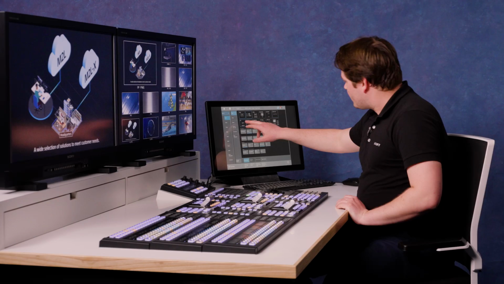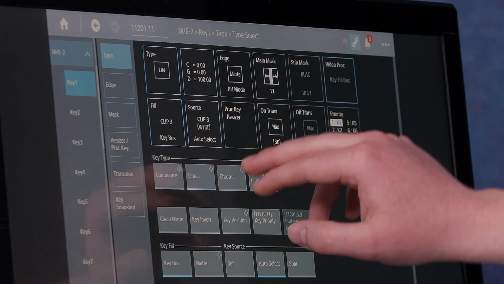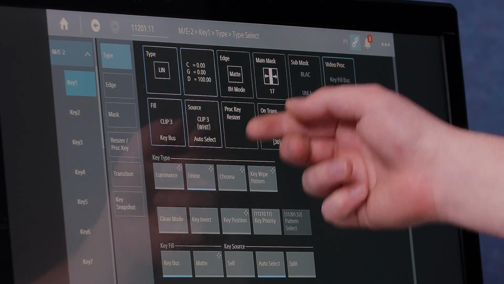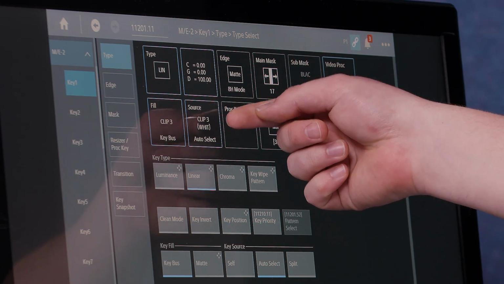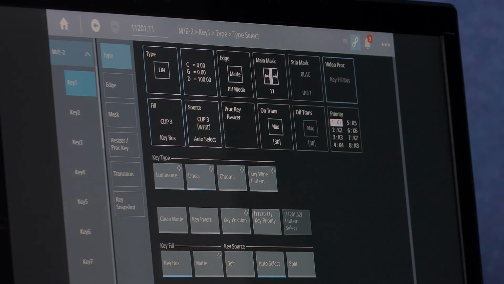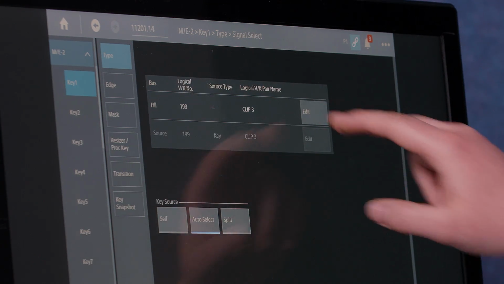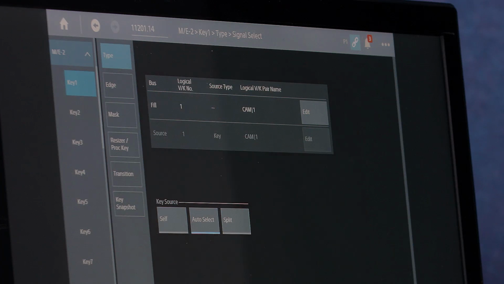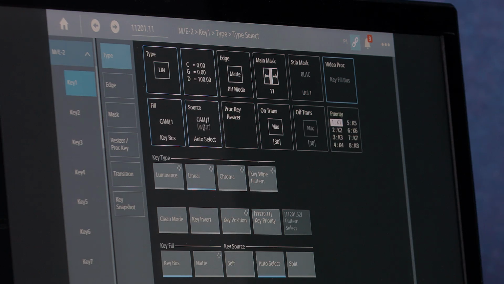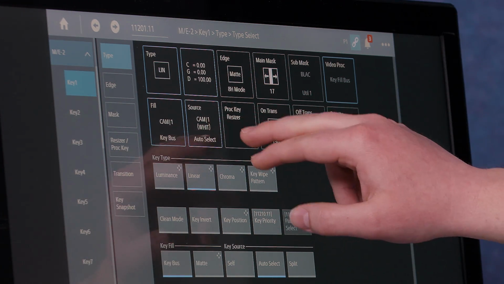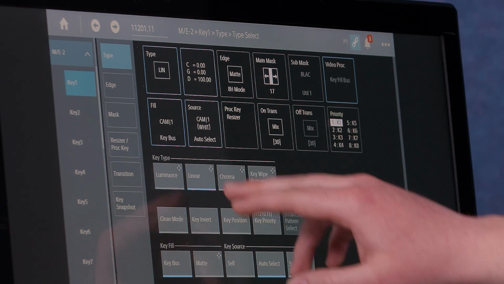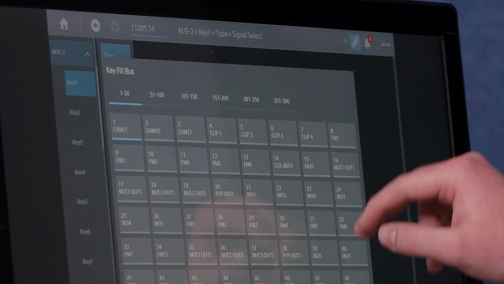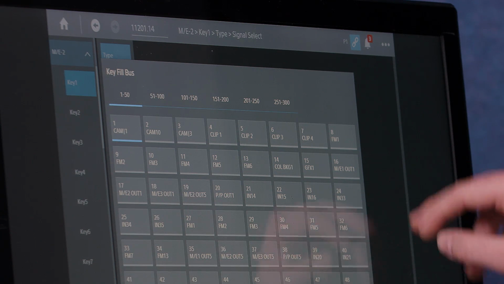One last thing with VK pairing is if we go to a key menu, which I'm going to do by double popping a key, you can see up here the fill and source boxes give us a little more information now about what's on that key. You can see what's selected on the key bus, but also on the source side you can see the video and key bracketed underneath. So if I was to change that source to something like camera 1 there, we'd see, and then go back, that's been reflected there, and we can see that white is still the key source there. If that was a graphics engine, the bracketed text there would show me that it was the key signal for that graphic. So if I go to graphics 1,